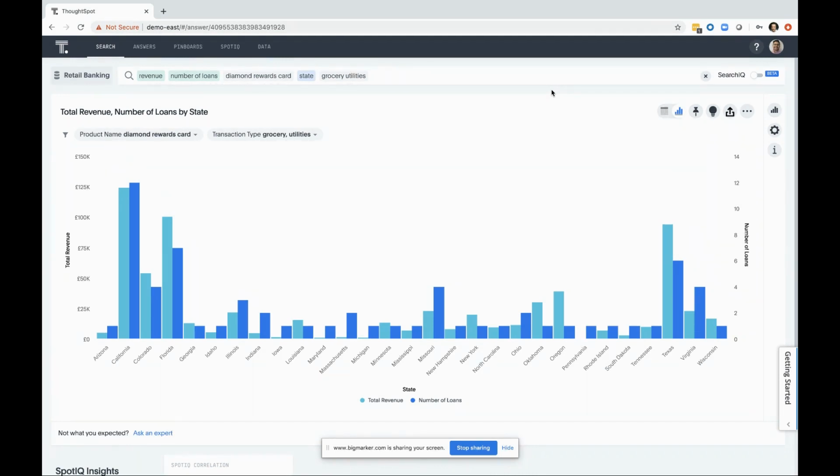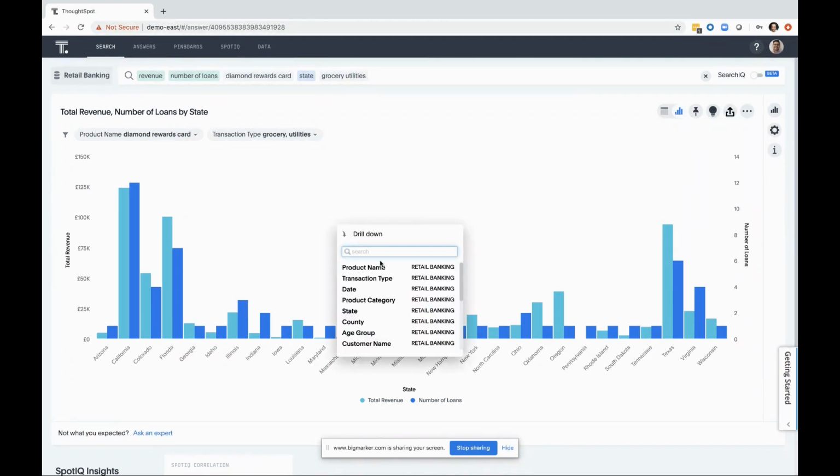Or we can look at the data in different ways. And I can see on this particular view that California, Florida, Texas are some of the high performers, but Missouri or say Indiana are doing less well. I can very particularly pick an area such as the revenues in Missouri, drill into that, and say, "Help,